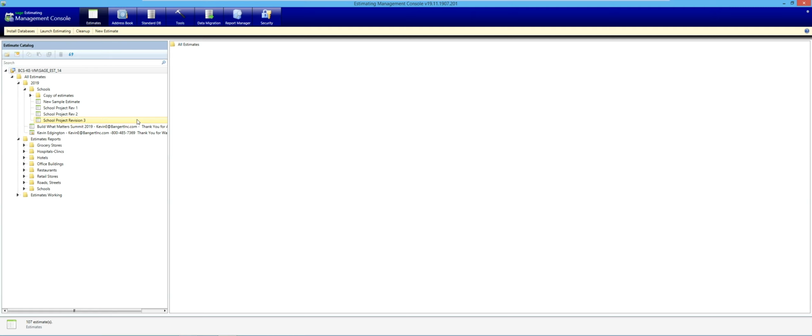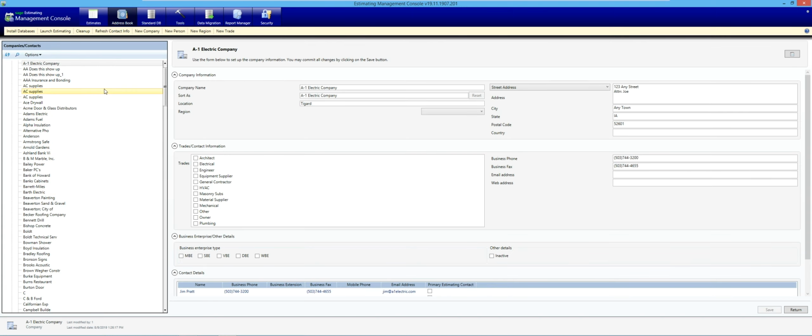So if I've got one of the accounting products, in this last jump when they went to the SQL version, they pretty much built a migration tool that would pull all the names out and put them into the address book. So I'm in the management console right now, in the address book, and this is all my different contacts on the estimating side. Now, this replicator does not seem like it's synchronized. It's really just pulling from the 300 or 100 address books down to the estimating address book. So if you're going to make modifications, it makes more sense to do some of those in the address book on the accounting side and then re-migrate it down to this address book.